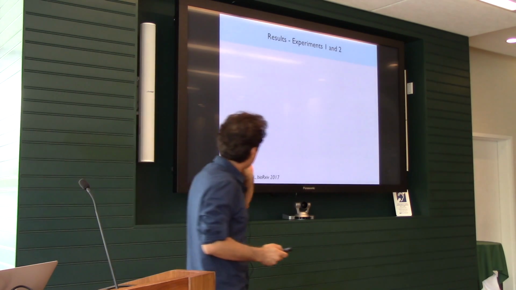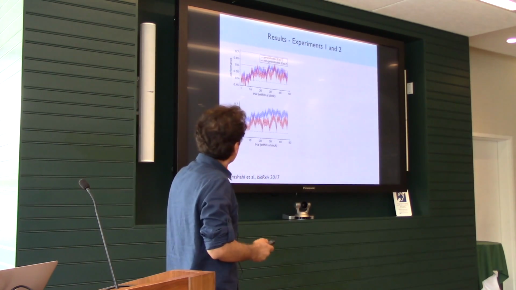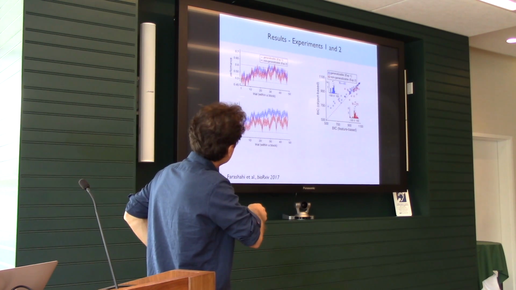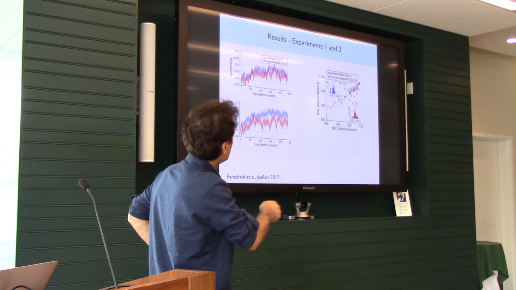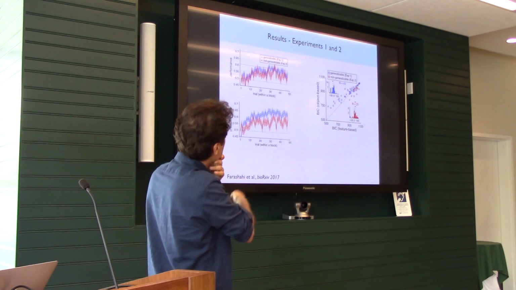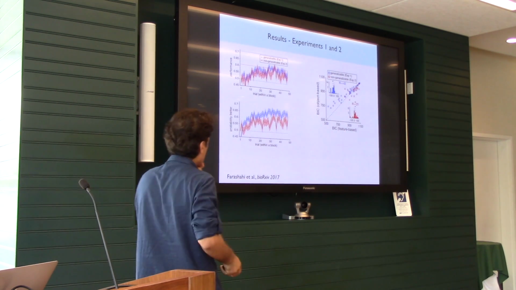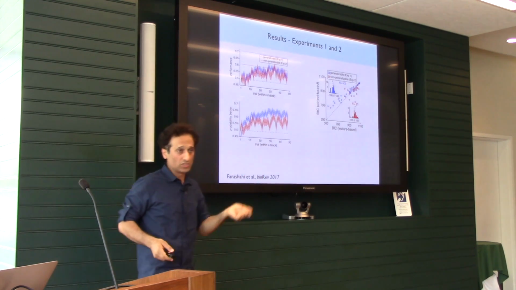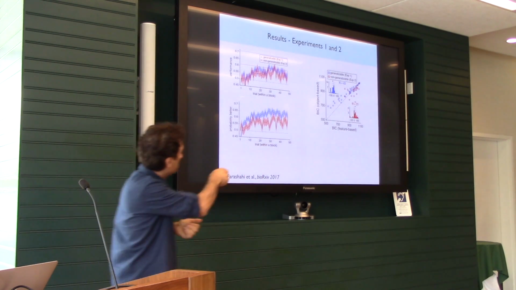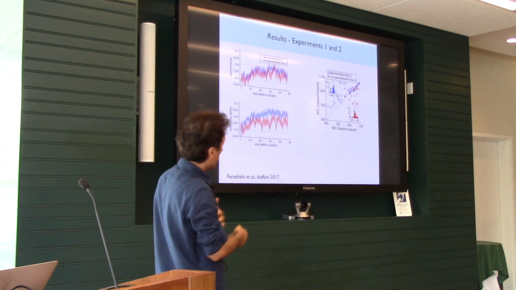Now, in terms of the results, this is something you're going to play with later today. So we have these blocks of trials, and then you can basically average, you get the behavior, you can see how the performance changes over time, and also how the probability of choosing the better option changes over time. Because this is about subject choice behavior, and this is about the interaction between one probability.